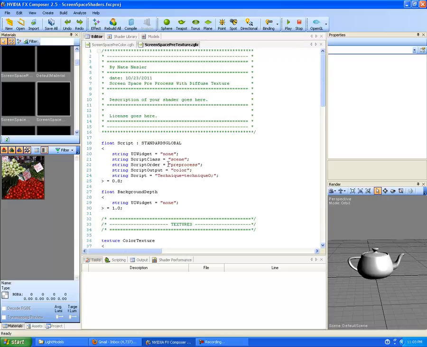String script order equals "pre-process"; string script output equals "color"; and again, this is because we're pre-processing it, so this is happening before we render our objects. Then string script equals "technique=technique0;", and then close our annotation with a greater than sign equals 0.8;